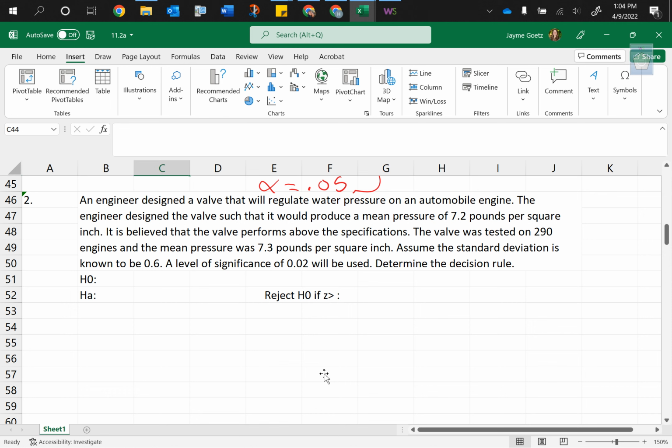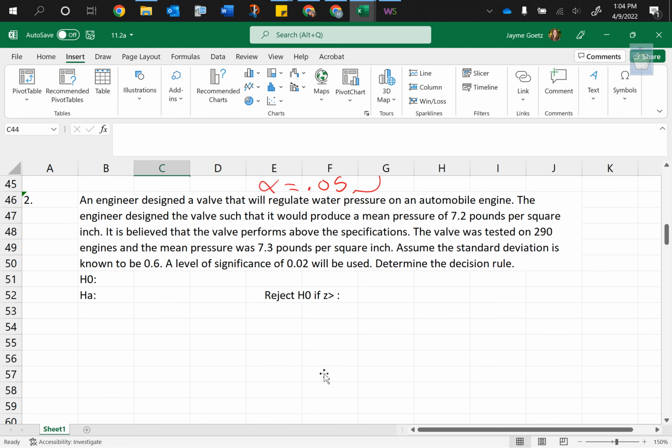Assume the standard deviation is known to be 0.06. A level of significance of 0.02 will be used. Determine the decision rule. We're going to talk about what the decision rule means in just a minute. Let's write down all of our information that we are given here and figure out our null and